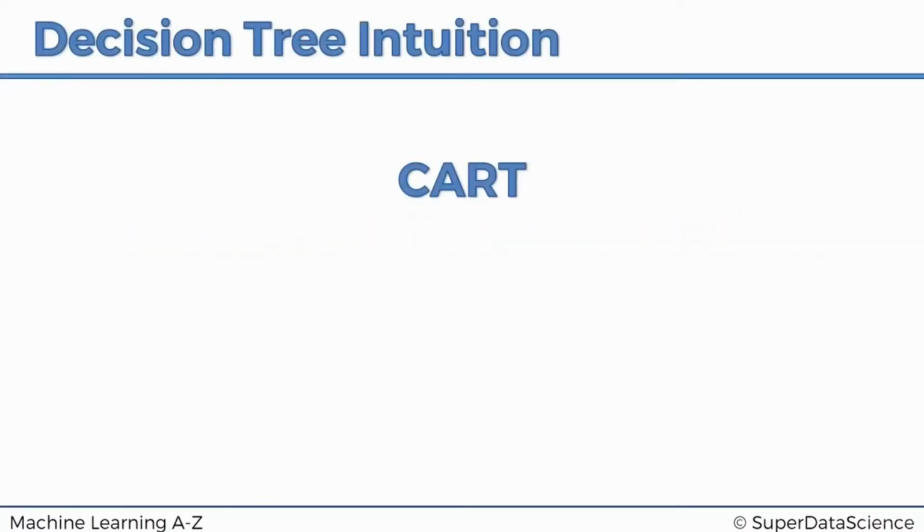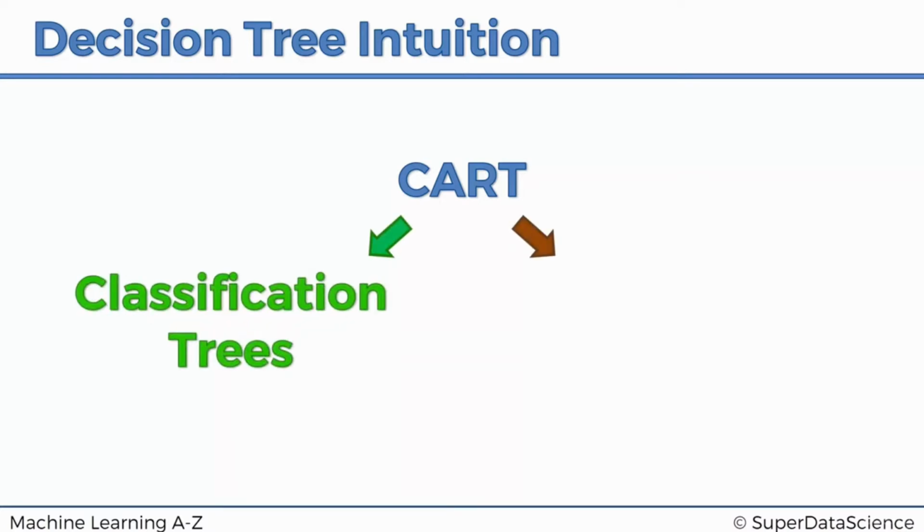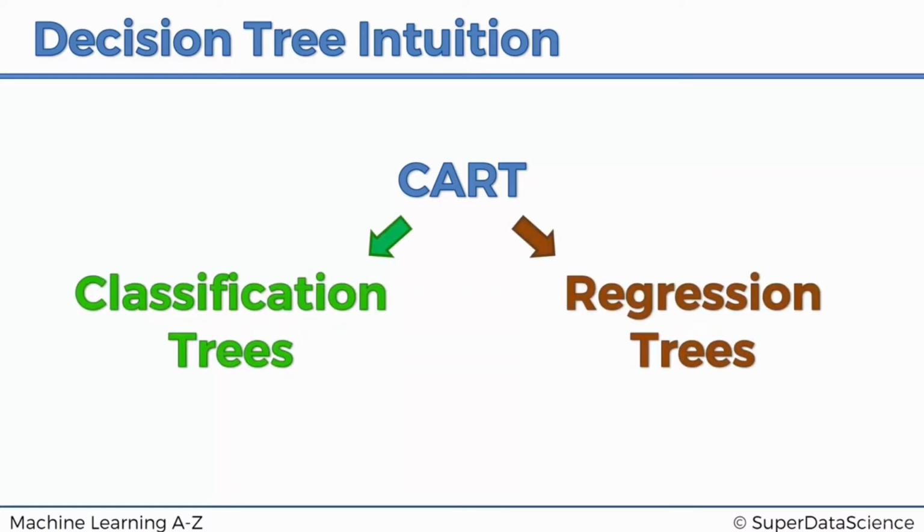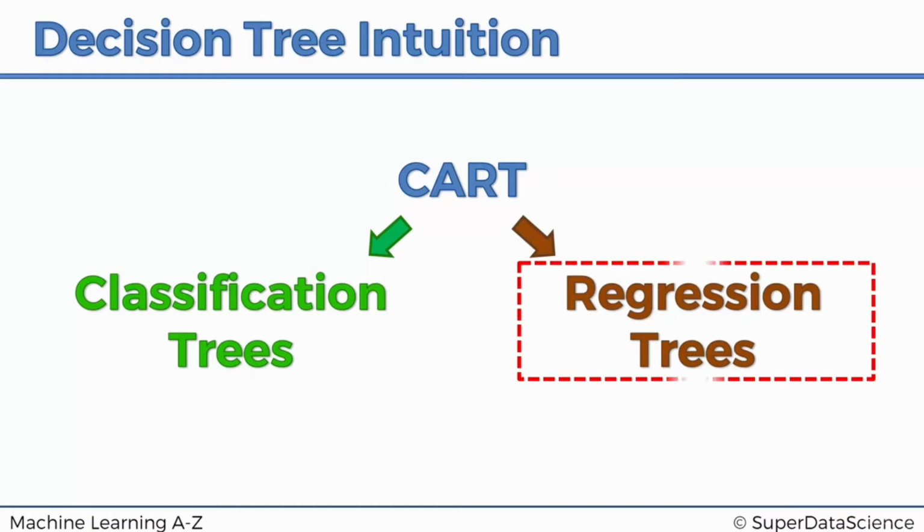Alright, so you may have heard the term CART, which stands for classification and regression trees. This is an umbrella term that encompasses two types of decision trees, and as you've correctly guessed, they are the classification trees and regression trees. In this course, we're going to talk about both types, but specifically in this section, we're focusing on the